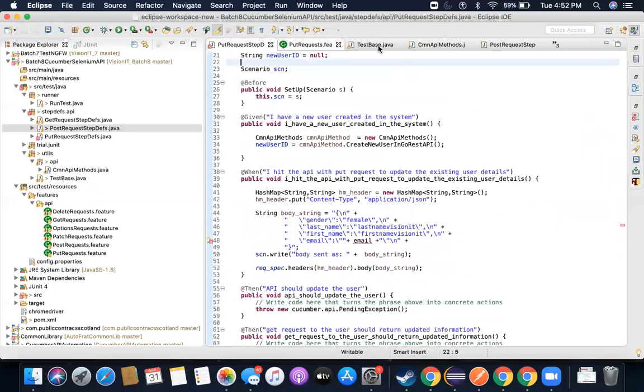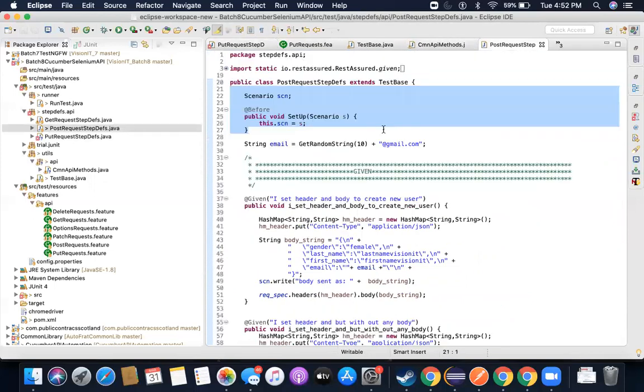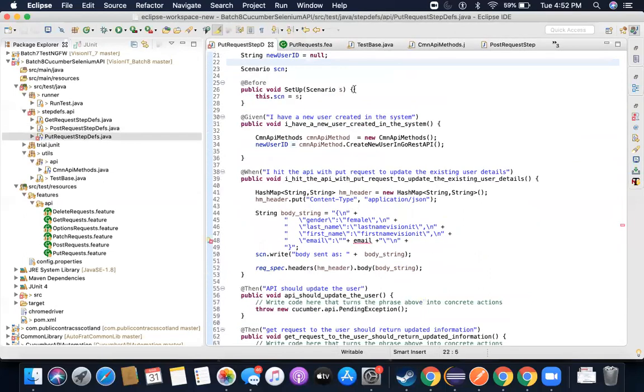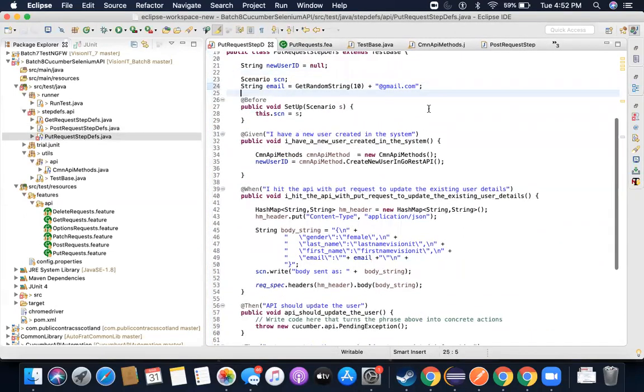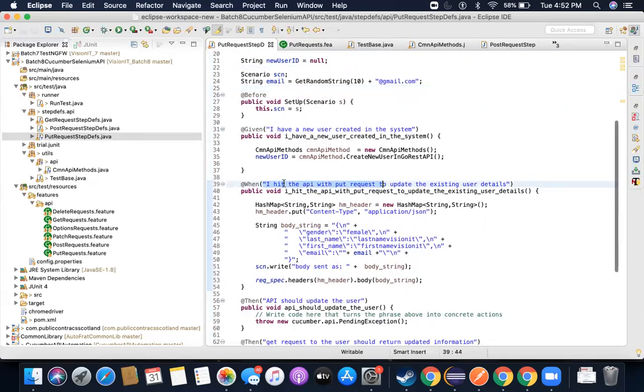So one more thing I will do is, let me close this. I'll copy this as well inside here. So I have email as well. So this, and I hit the API with the put request. So I have to make some changes. So when I hit the API with the put request to update the existing user details,